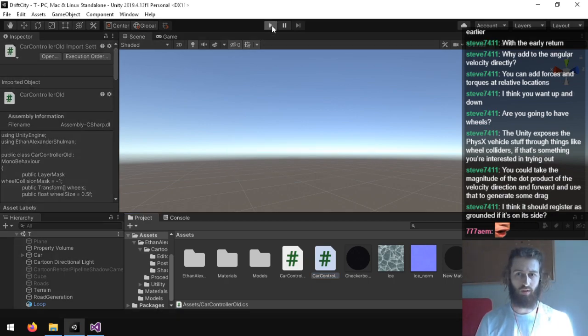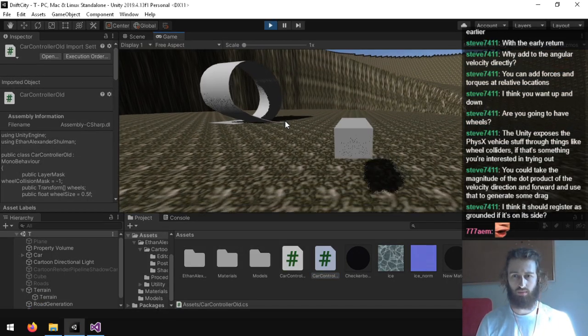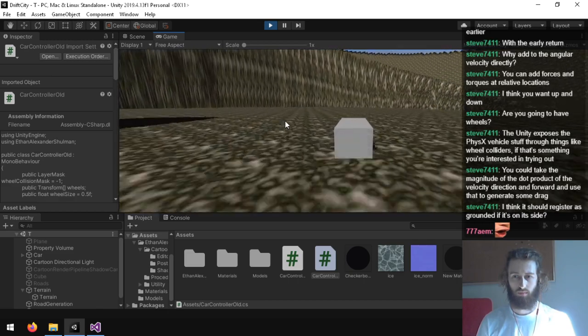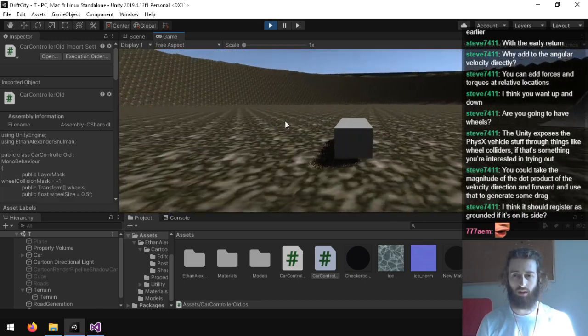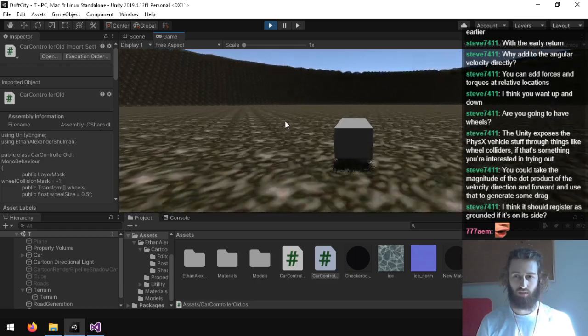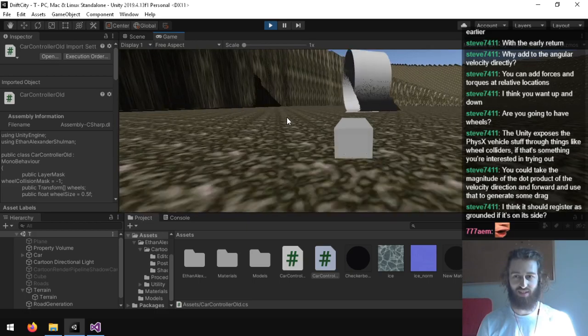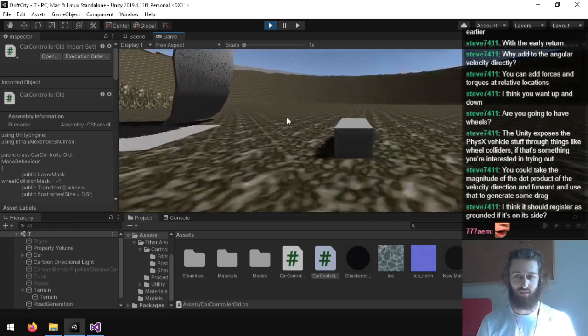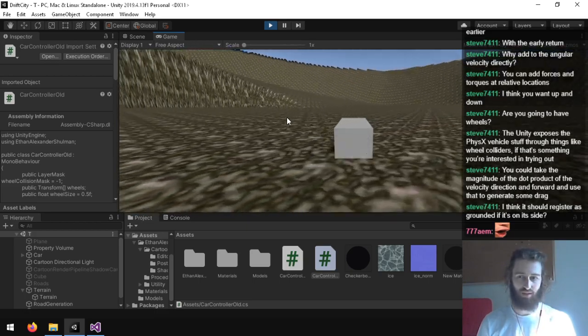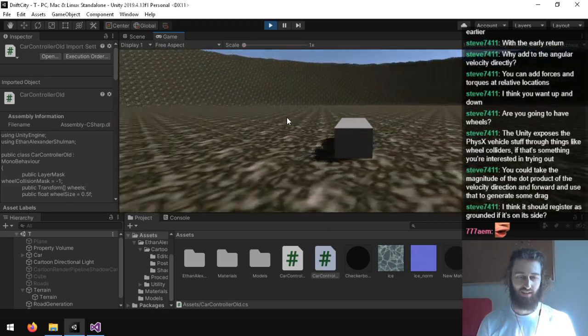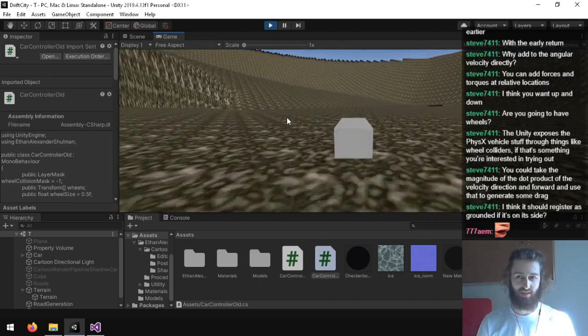Or just to the velocity, but not the angular velocity. Oh my god, it actually works. Look at that. It drifts out to the side. Now the angular velocity keeps going. But that's actually okay.